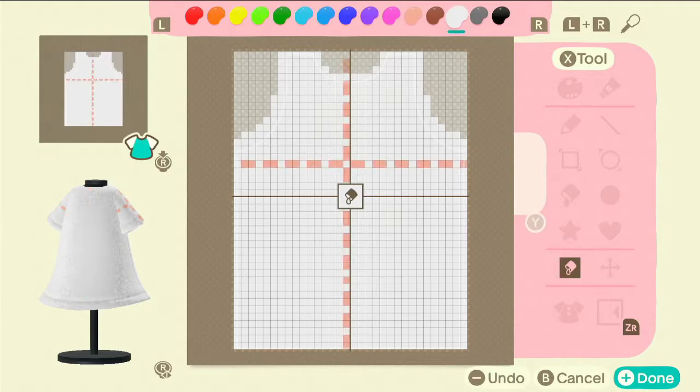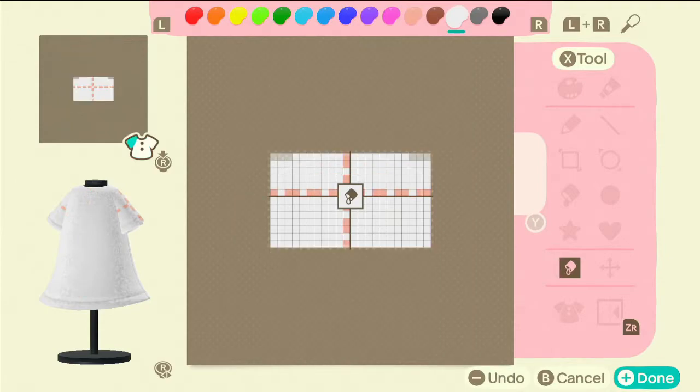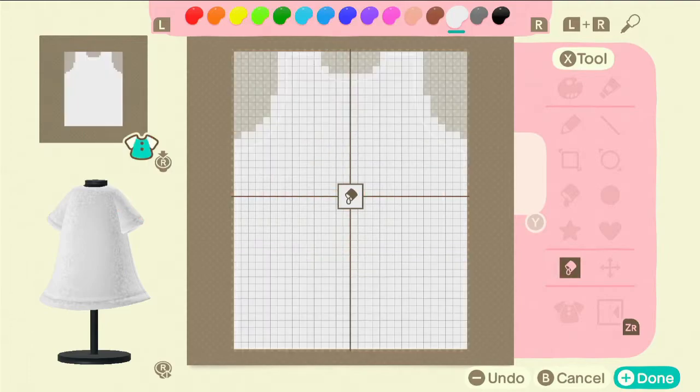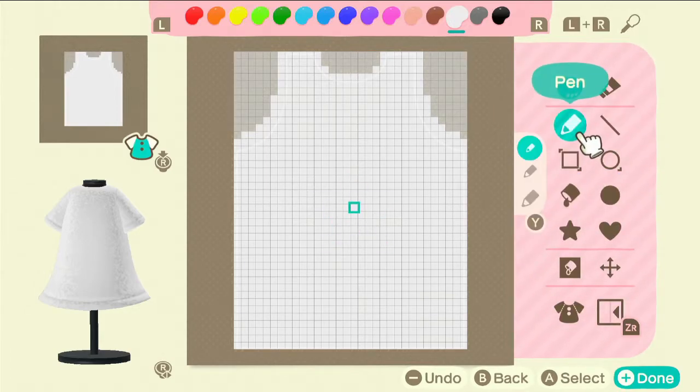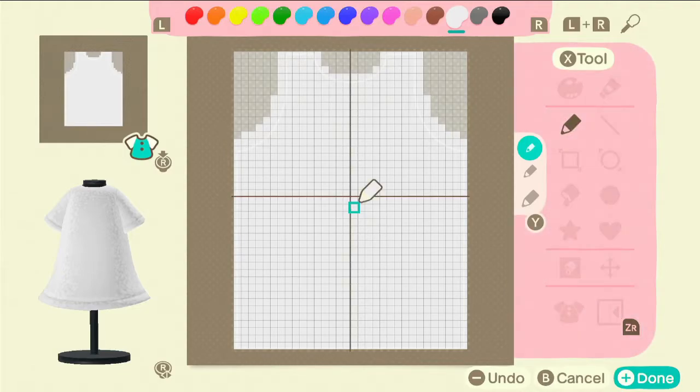And we're going to have to go through all of the things. We're going to have to go through the front, back, and the sleeves. And so the way you do that is by pressing down the right Joy-Con. Okay, so we're going to go back to tools by pressing X, and we're going to get out the pen,